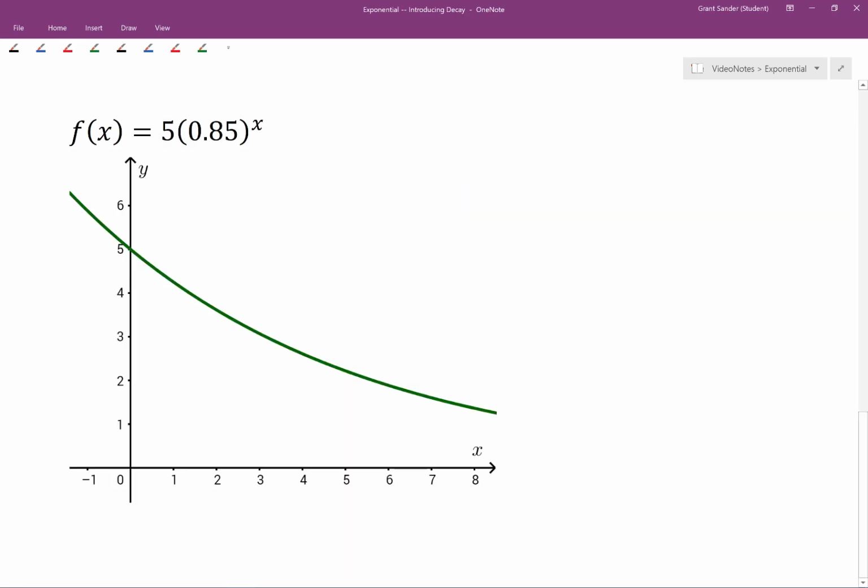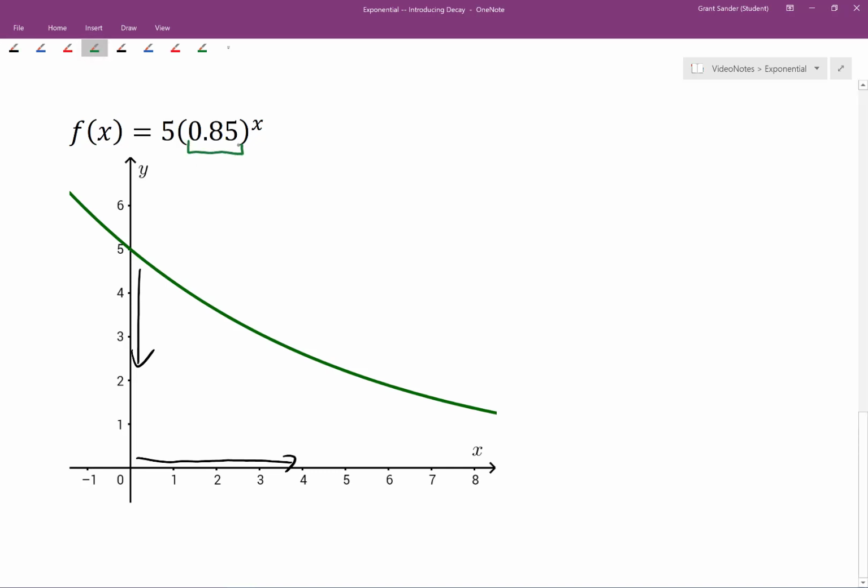The graph of this exponential function is shown here. So we see that as x increases, if we move our finger to the right along this x-axis, we see that the output value is decreasing. So as x increases, y is actually decreasing because we have this 1 unit growth factor that is smaller than